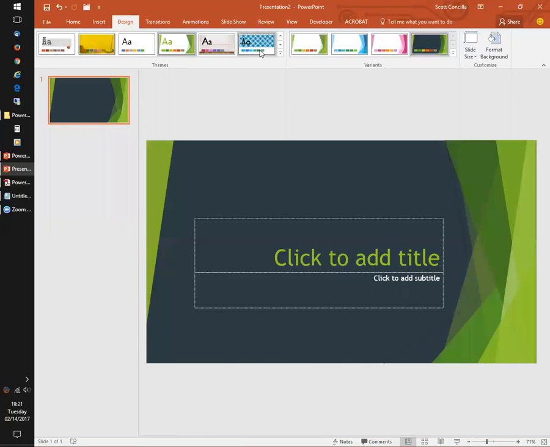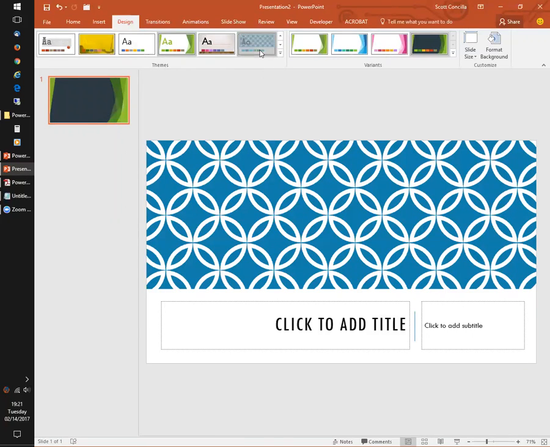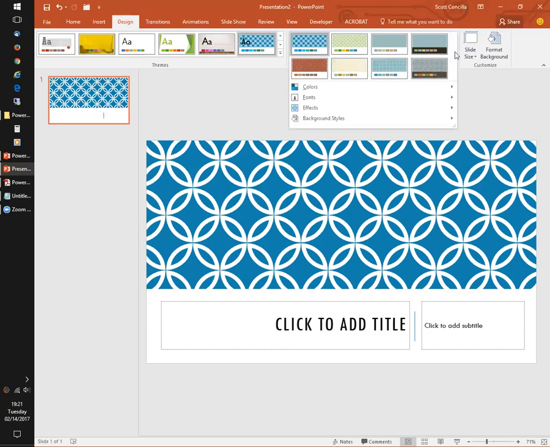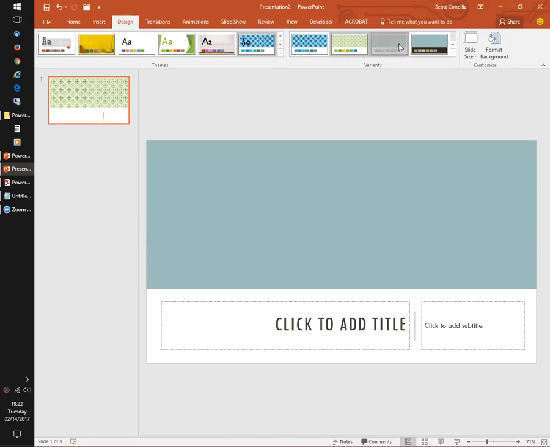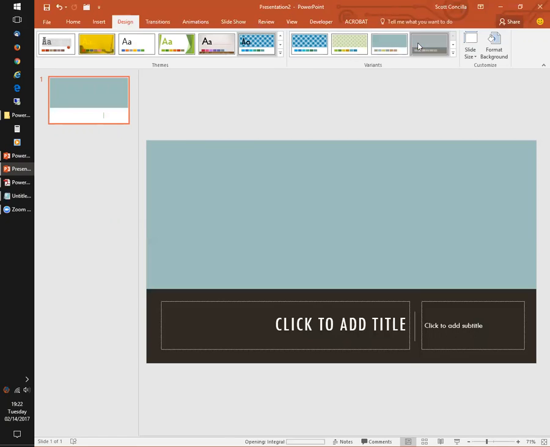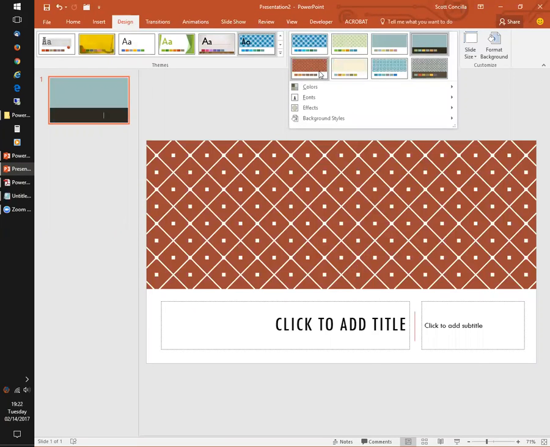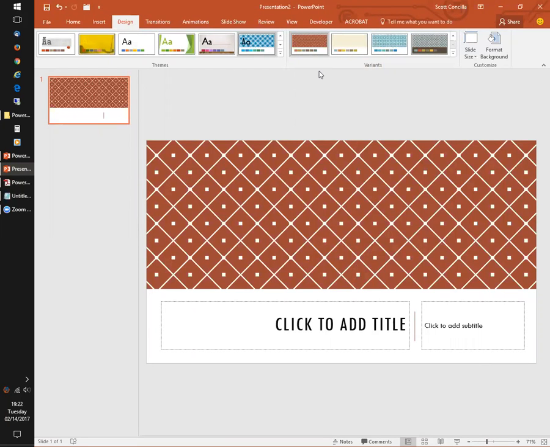Here's another example, Integral. I believe this one has 8 different variations. In this case, it's not just a change in colors, it's a change in the pattern. So here is variant 1. Here's the next variant. It's this kind of green. These all look like grandma's wallpaper or something. Here's a very basic looking one, reverse. You know, there's a lot of variations within the theme.